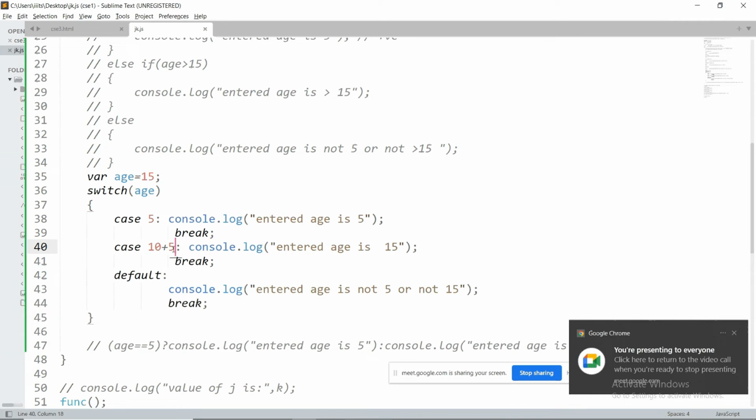That can be in any language. And all these conditions are related to one kind of variable, that is the age variable. Whereas coming to the else if block, those conditions can be any kind of data. That is the difference between else if and switch statement. Okay. Fine.